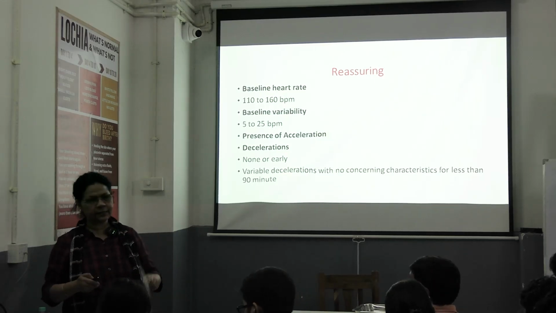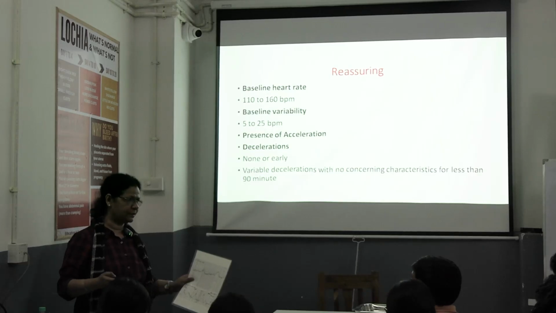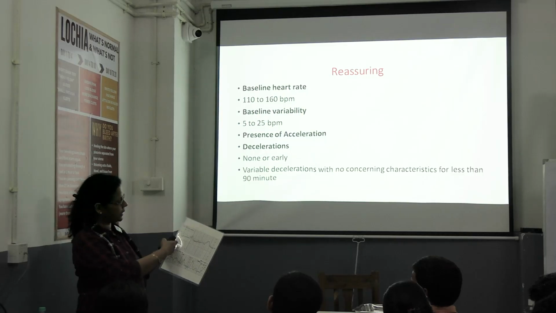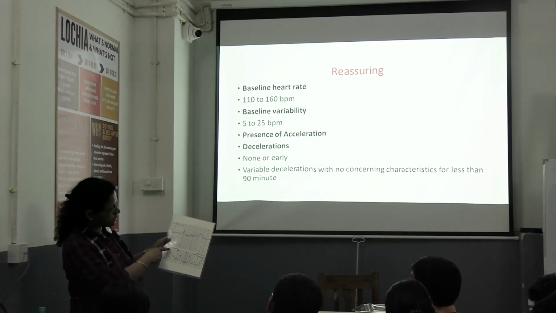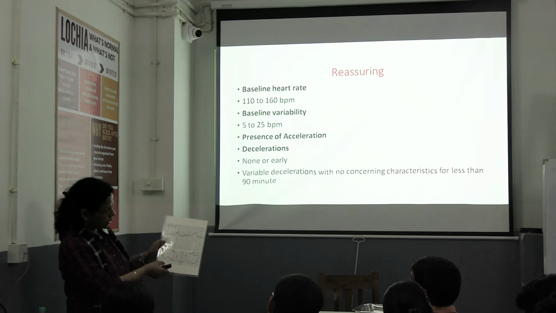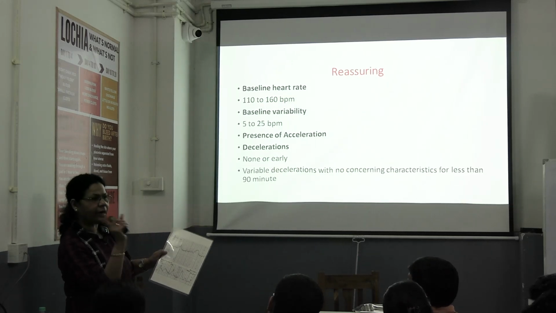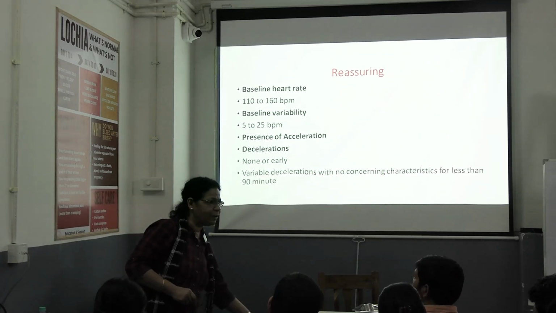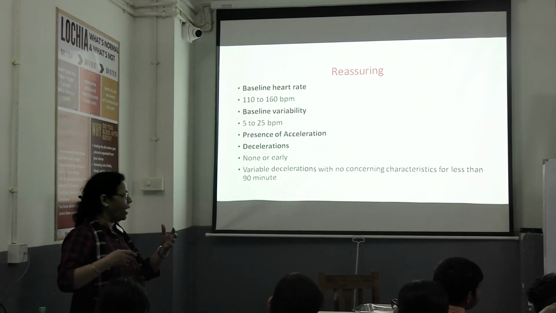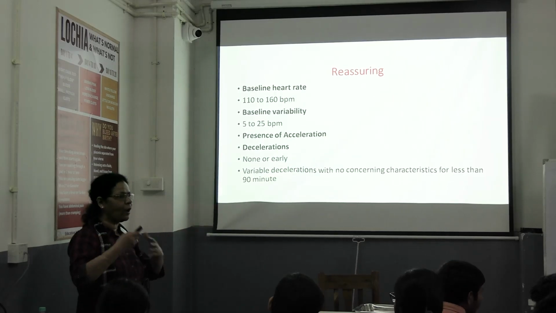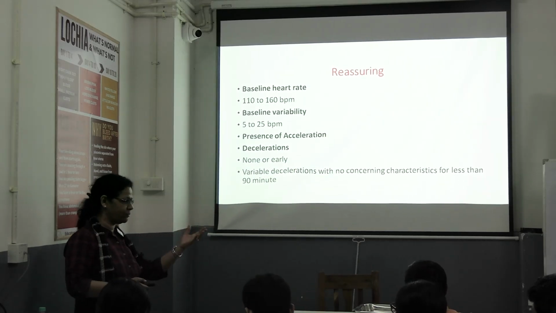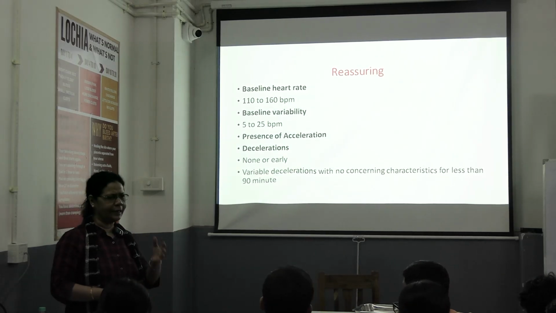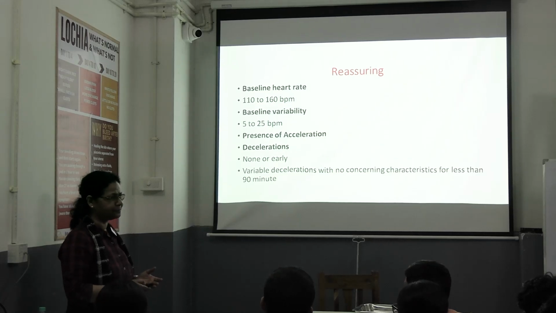Mostly you will get a reassuring CTG for your undergraduate exams. So try to study this. You must be able to read it, and the examiner may ask you what the rate is. The rate is written here: 1 centimeter per minute, the small box, and 10 small boxes make 10 minutes. Ask your examiner; I may not be your examiner. Our duty is to make you aware of the most probable things you are likely to face in the exam. It may not cover everything that we say, but it should cover at least 90%.